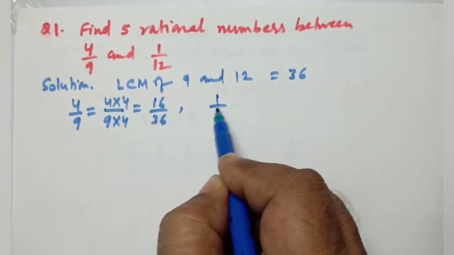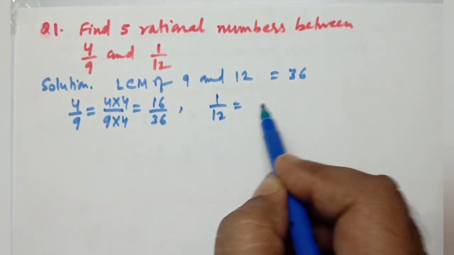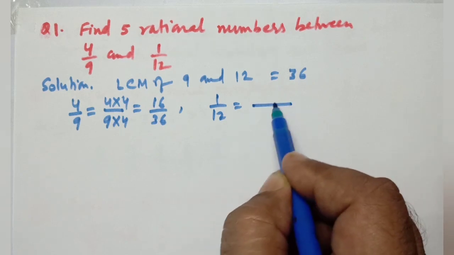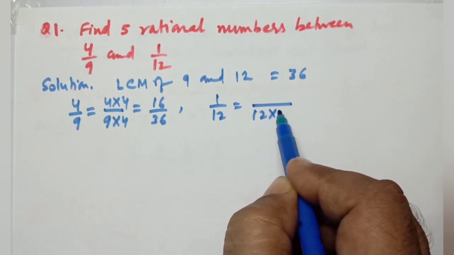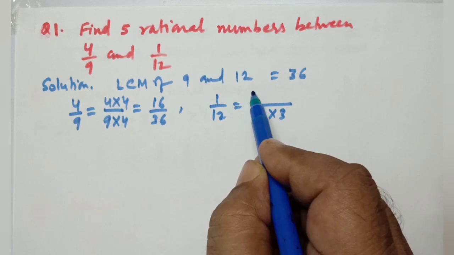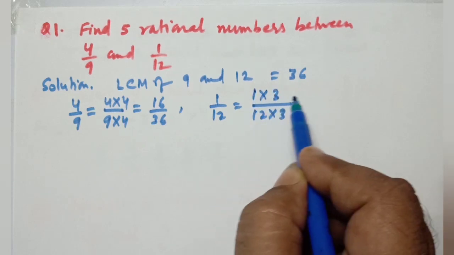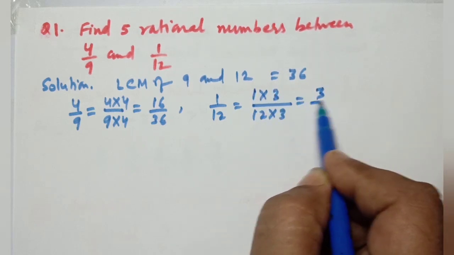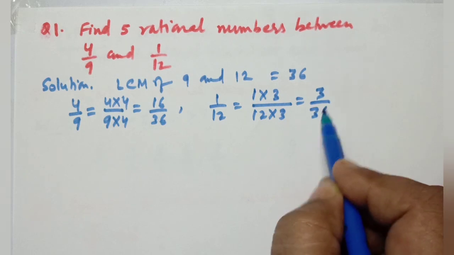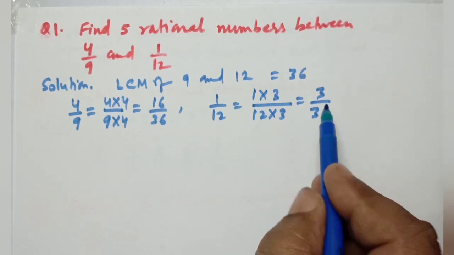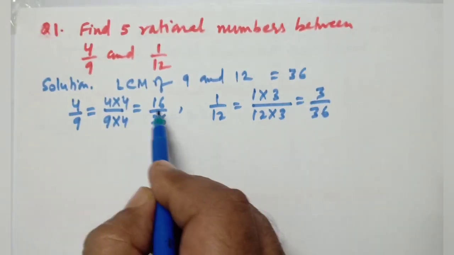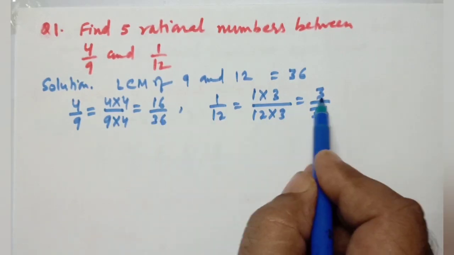Take the second number, 1 by 12. Now by what do we multiply 12 so it becomes 36? We multiply by 3. So the same number 3 we multiply in the numerator, so we get 3 by 36. Now you can see the two numbers are 3 by 36 and 16 by 36, and the difference is